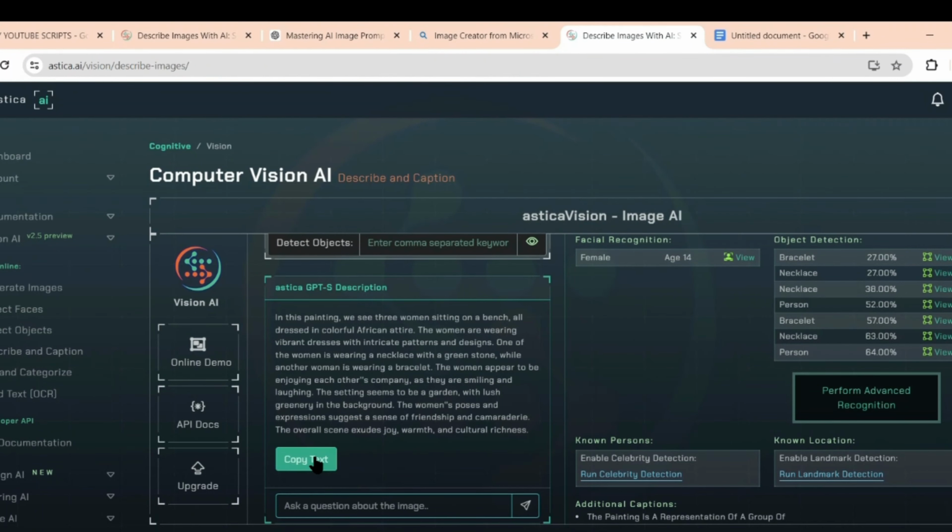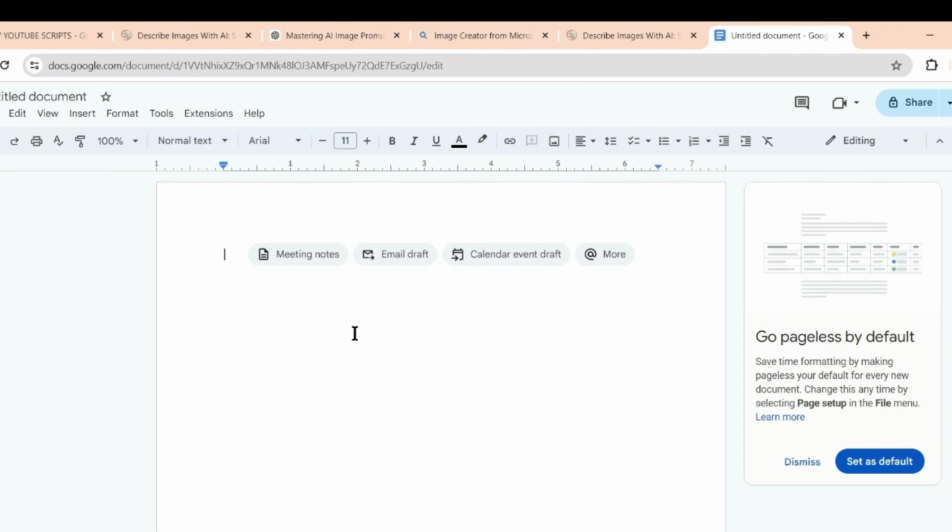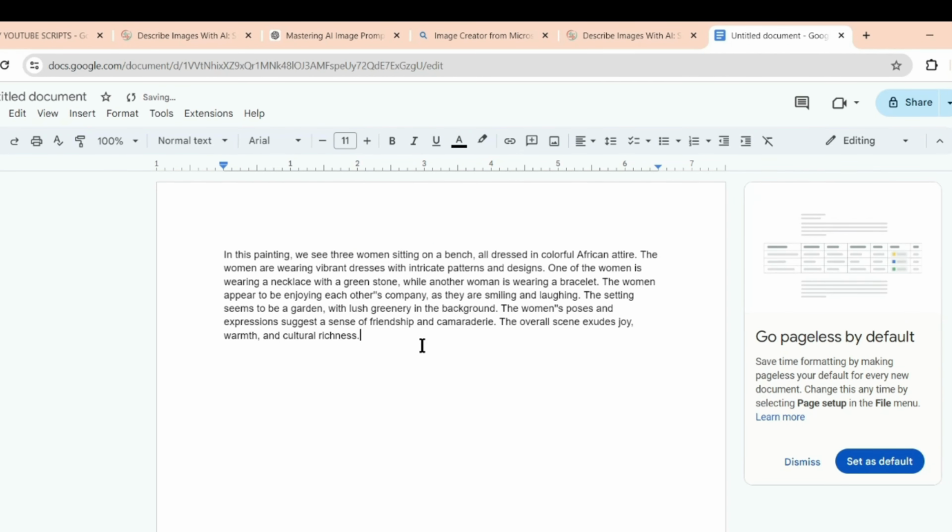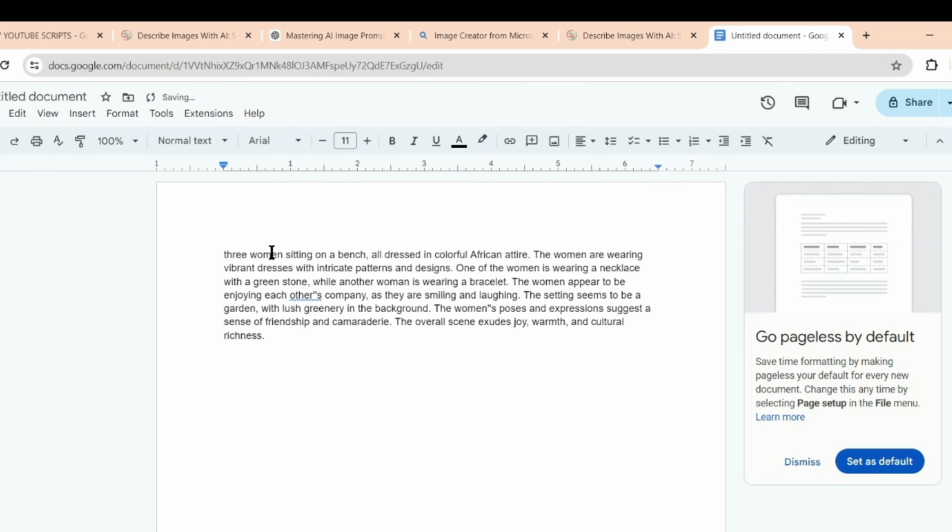So what we're going to do is to click on the copy text button. Then we're going to click on the paste button and paste our analysis here. Modify this analysis to become a prompt. So in this painting we see 3 women, so we're going to take the "we see" from there and then make it 3 women sitting on a bench, all dressed in a colorful African attire. The women are wearing this and this, and this is our prompt. Make sure you always add realistic to your prompt